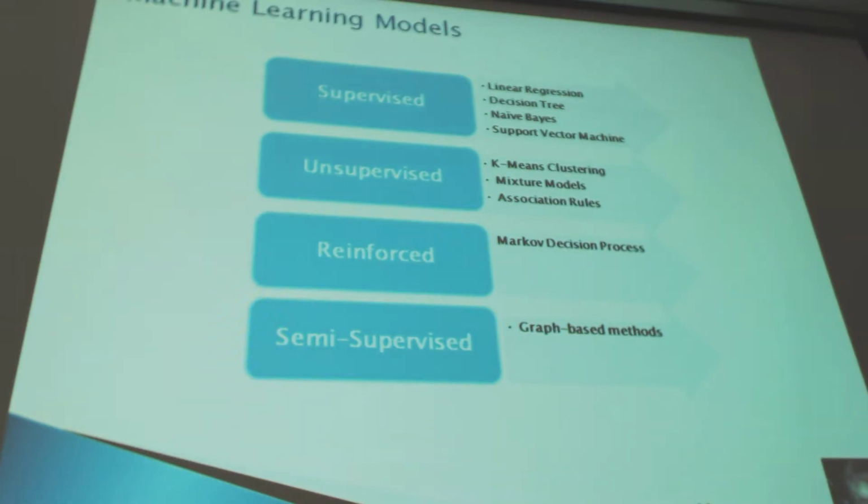The other is semi-supervised learning, like graph-based methods, where there are many input parameters which are unlabeled, which are unknown, but there are some which are known. For example, in a social networking graph, many of the input parameters are unknown, so it's so complex, but some are known. You know the values of some attributes, but not all of them. So finding patterns in a social networking graph is so challenging because of the variety of unlabeled data sets.